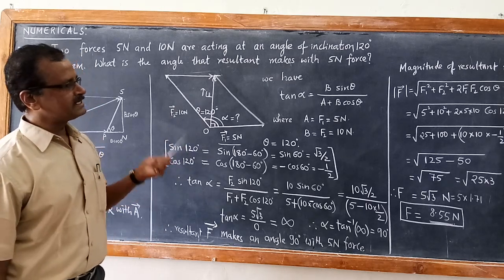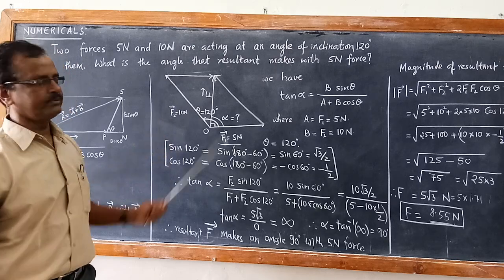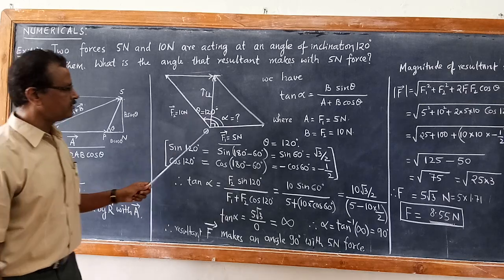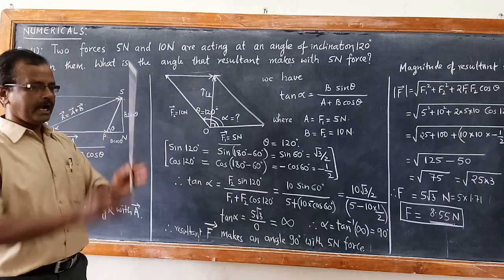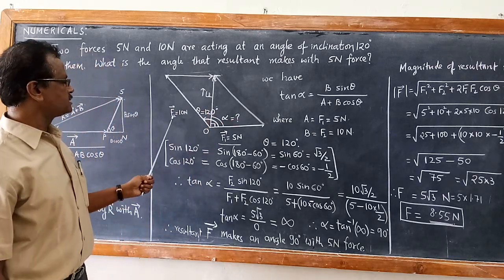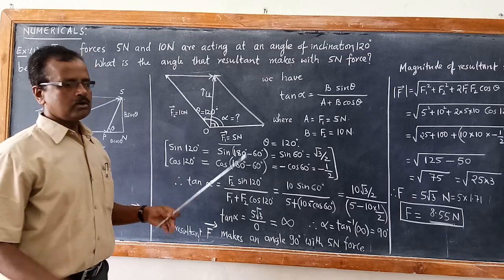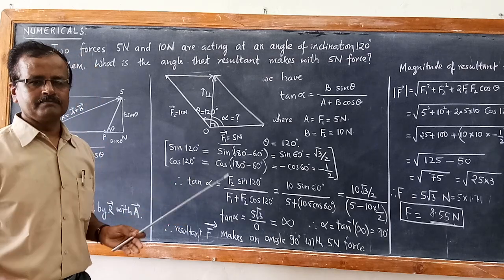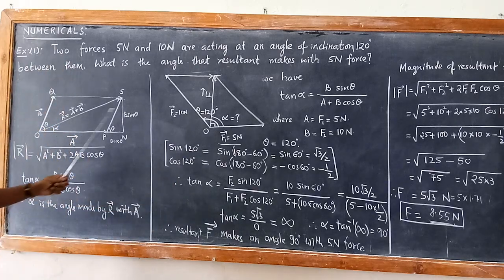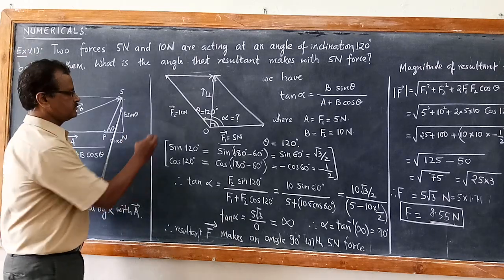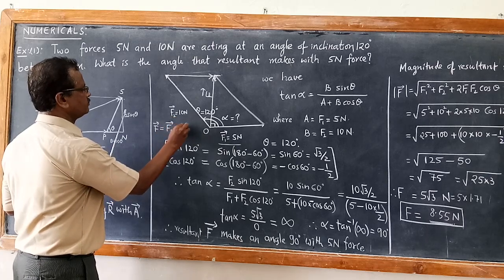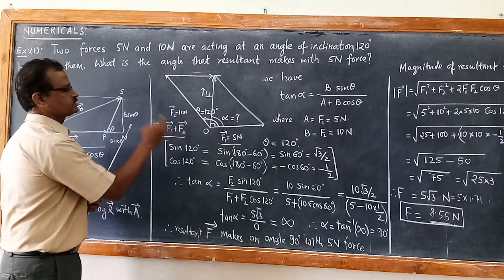Next one is, what is the resultant force? That question is not there here, but we can find out what is the resultant of F1 and F2. What is the resultant of 5 Newton and 10 Newton acting at a 120 degree angle between them? It is neither 10 nor 5, not even 10 plus 5, 15. It is not 15. Although we have done it vectorially as vector F equal to vector F1 plus vector F2, it doesn't mean that it is 10 plus 5.